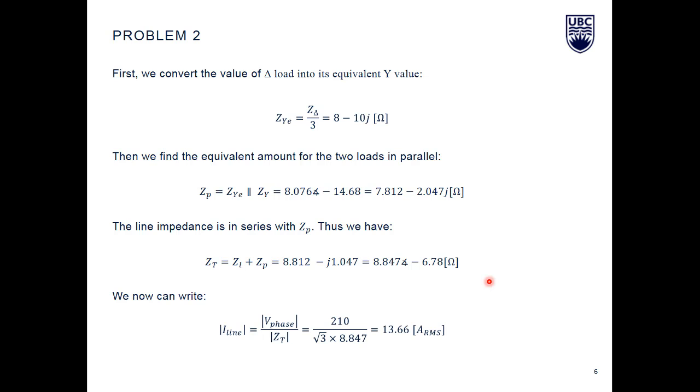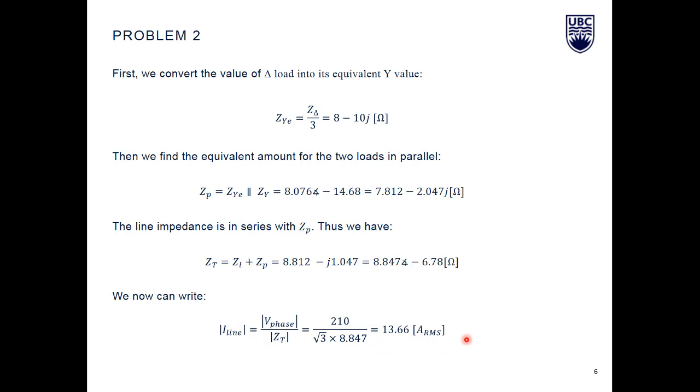And then the amplitude of the line current, so here we only care about the amplitude and not the angles. So it's the voltage of phase, the amplitude of it, and also the amplitude of ZT. So the voltage of phase is line to line voltage over square root 3, and the amplitude of ZT is 8.847. So it's the same number we see here. And it's equal to